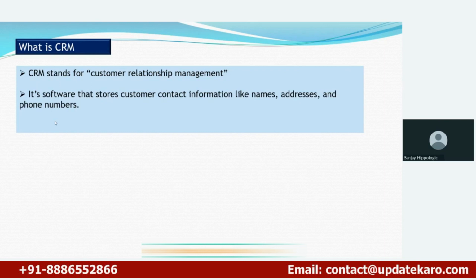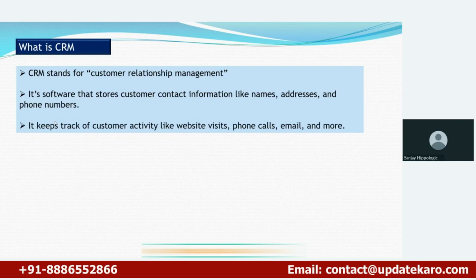I would have to target more and more customers, know their interests, know their likes and dislikes, follow up again and again, right? And if someone has shown interest in any of my products, I'll have to try to convince that customer, right? I also needed to know the customer activity, what type of customers would be more interested in my product, so as to achieve targeted marketing. So now CRM had to store much more information than what an address book used to do, right? It's a huge amount of data about your customers, their likes, their dislikes, their activities, your calls, your messages, your emails, everything you want under one place.